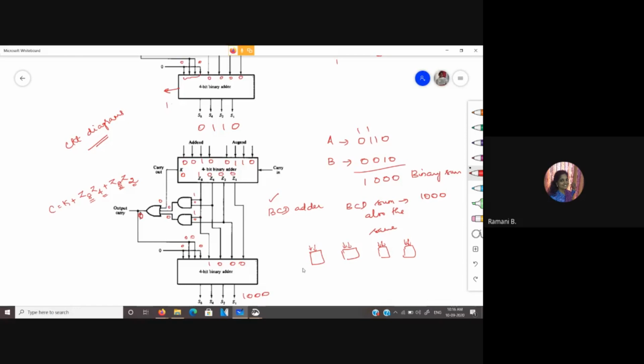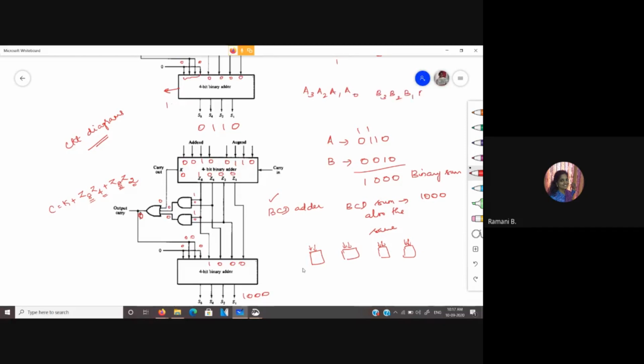That is not at all a problem. But your expression should be correct. That you have to take care. So in a few cases, they will give the subscript notation simply based on the position. So if they are giving the subscript based on the position, this might be A3, A2, A1, A0, B3, B2, B1, B0.